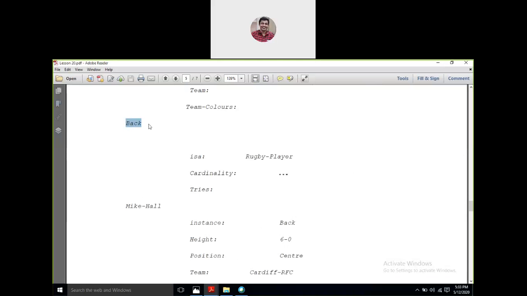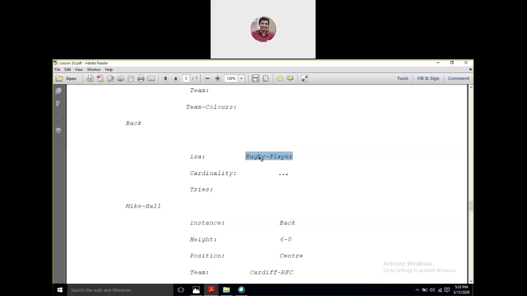Now back. This is a very, very important thing. Kindly pay heed to this part. I am talking about back, right? Back means it is a particular instance in which a rugby player can be categorized, right? That means a rugby player, like forward player, then backward, then back, these are the particular class assignments to a player called the rugby player.